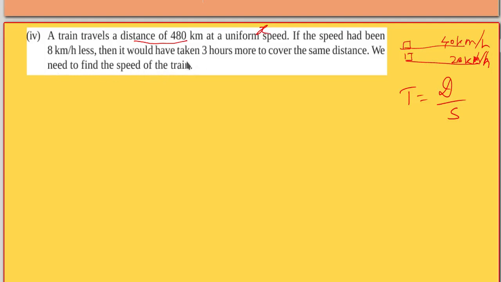So, in this condition, we need to find the speed of the train. What is the first situation? A train travels a distance of 480 km at a uniform speed. We take the speed as x. Distance is 480 km. So, time is 480 km divided by